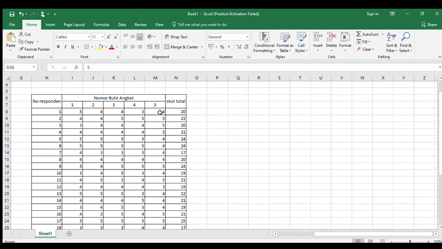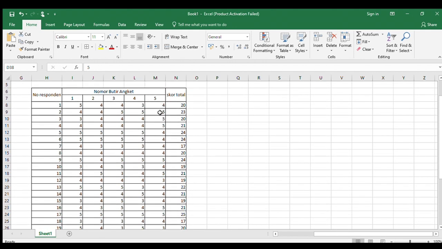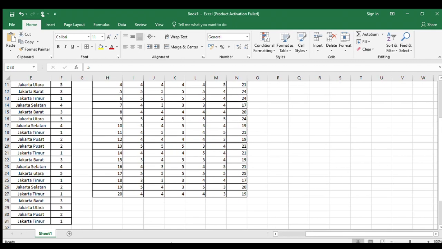And then I want to make an analysis, a validity test and reliability test. I have made the tables, and then open the SPSS.